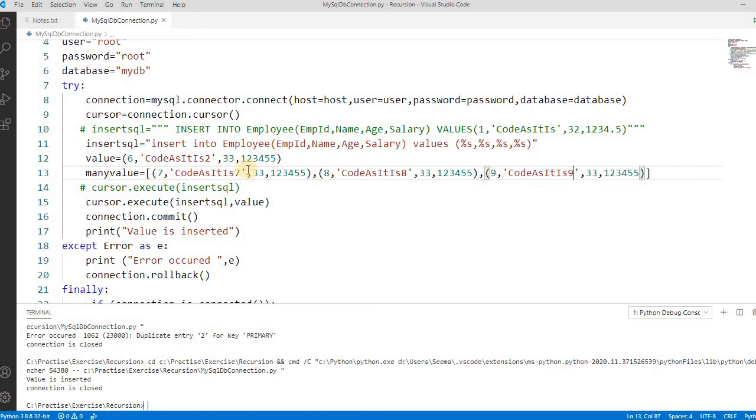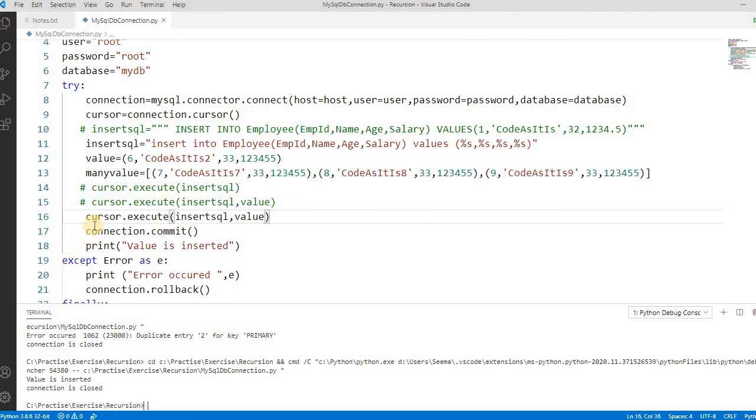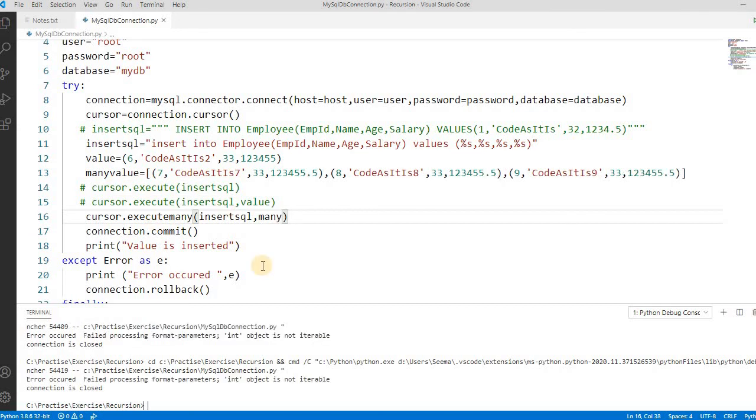One more thing, if we are providing more than one value, then we have to change it from execute to execute many. So let's comment this, copy the code, and instead of execute we have to write execute many, because we are inserting many values.